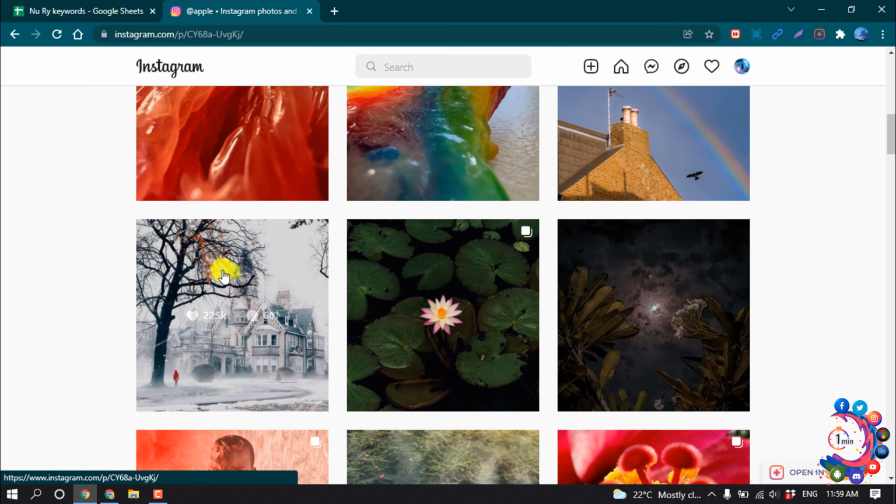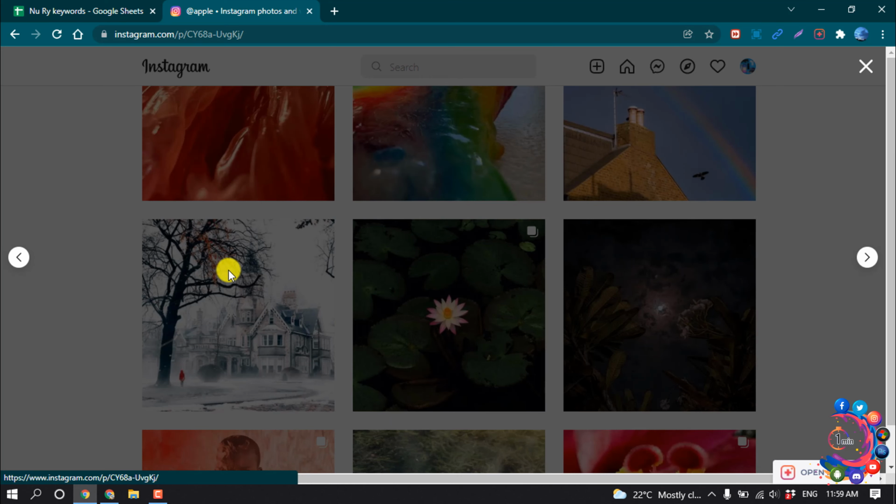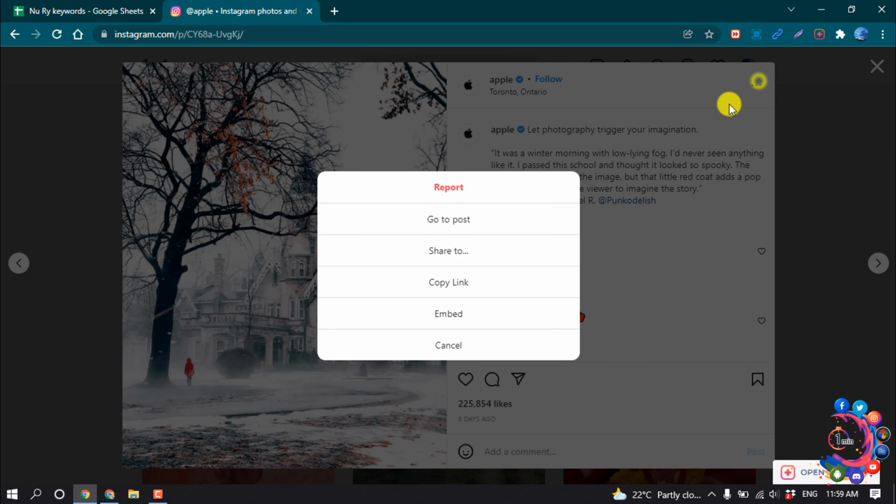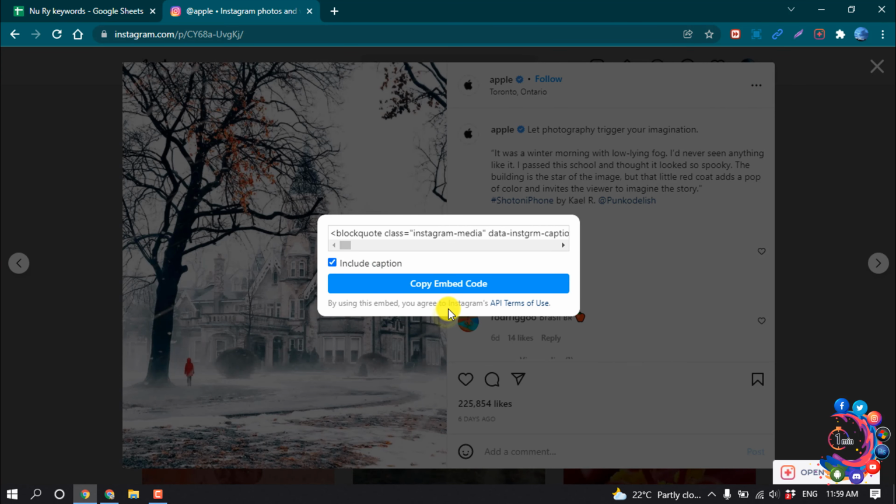So first of all, open the post you want to add on your WordPress, then click on this three dot icon and click on embed and click on copy embed code,